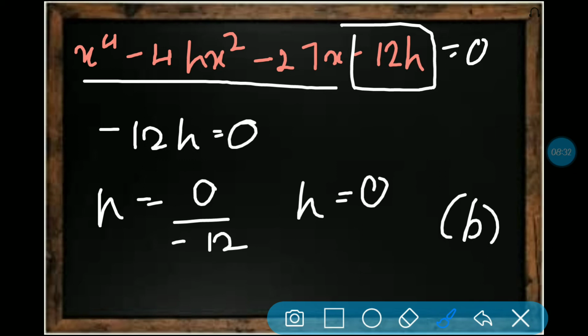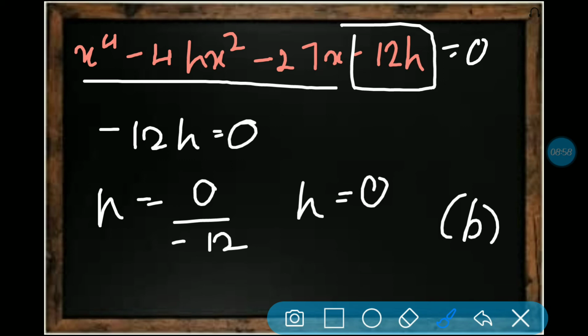Because we should not consider it, it's already a factor for it. So if we have to equate, we can equate each term separately with 0. Okay. So that we'll find the value. So here only in this term we are having h separately so that we can find it easily. x value again we don't know, right? It will be complicated if you take minus 4hx square. That's why we took the last term.